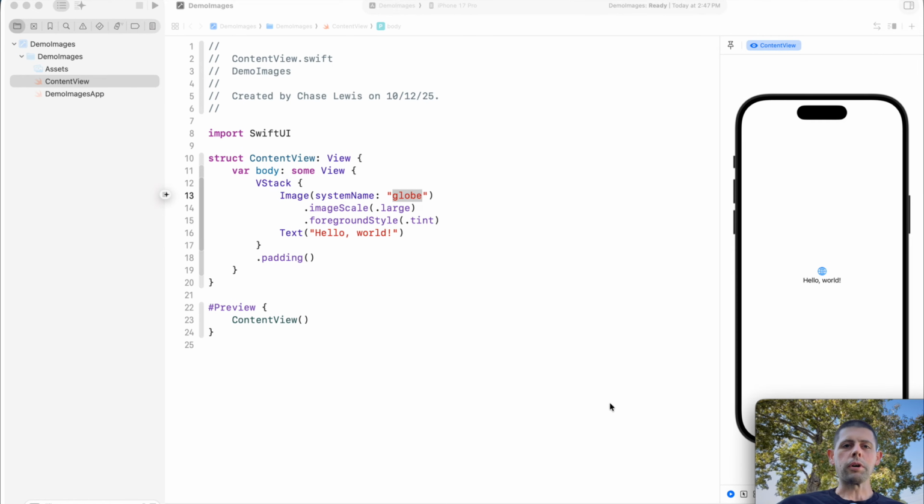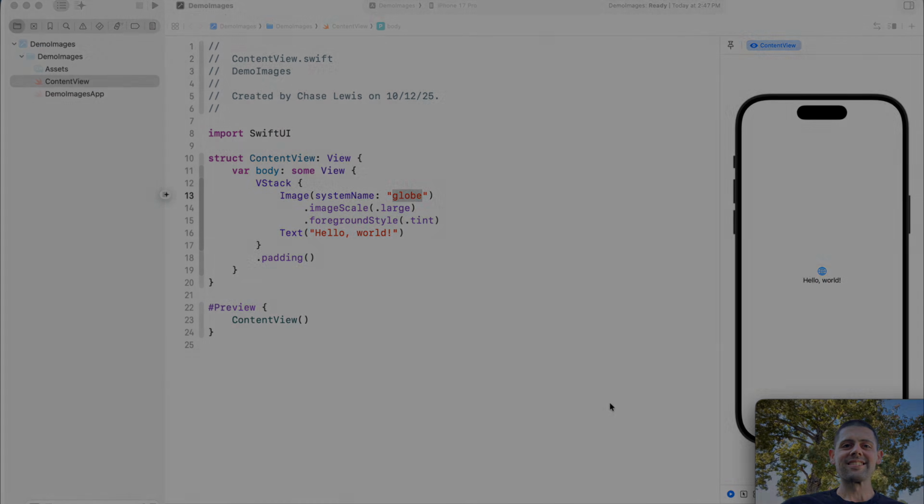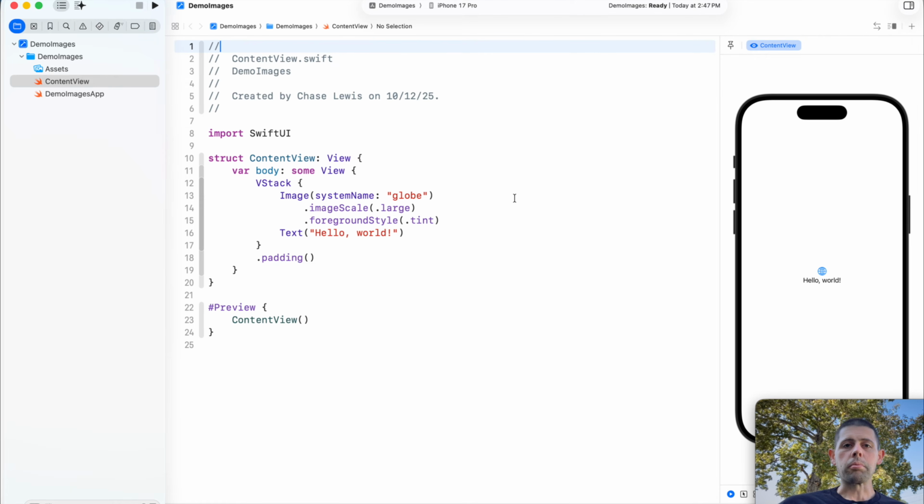Today, in this video, we are going to go over how to deal with images in SwiftUI. If you're ready to get started, then stay tuned. Let's learn together. Alright, so here we are in our brand new Xcode project, and as you can see, we